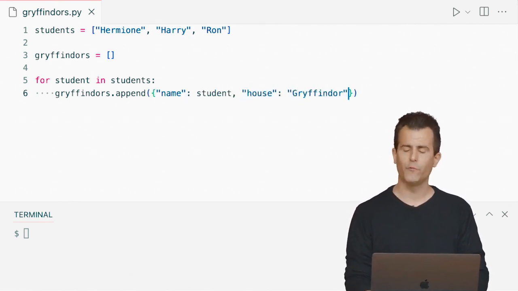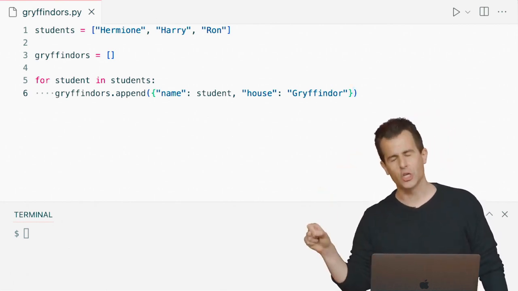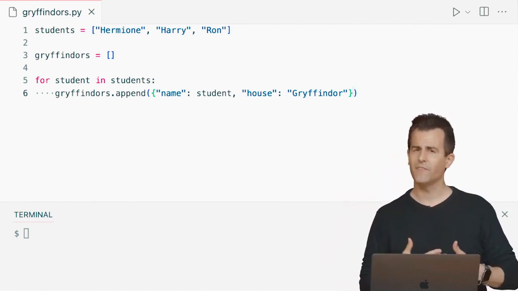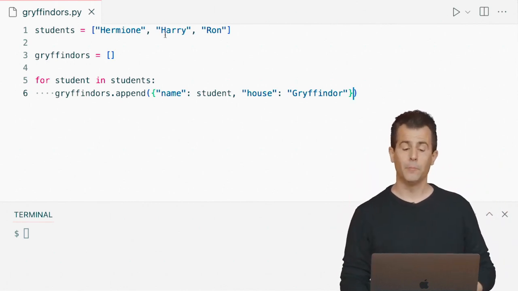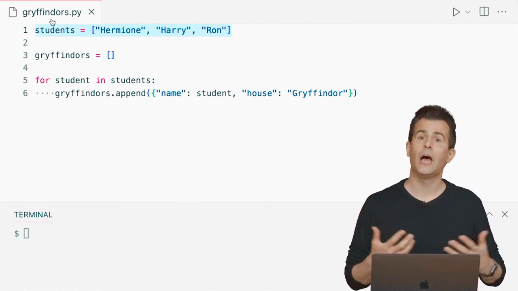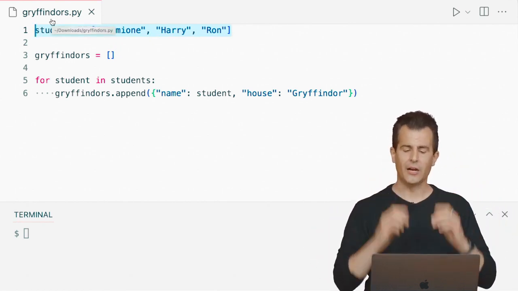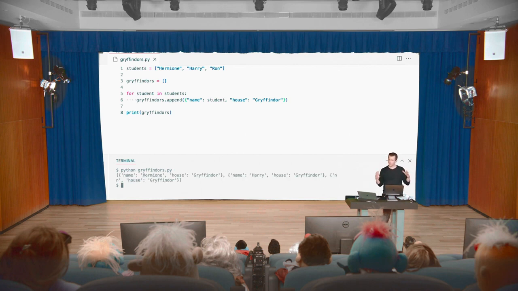I know these three students are in Gryffindor, so suppose that the problem at hand is that I want to build up a list of dictionaries that only contains the Gryffindor students. So it's sort of a step back from the previous version where I already had the names and the houses. For now, just assume that the problem is I have all of their names, but I don't yet have the student dictionaries themselves. So I'm rebuilding that same structure that I previously took for granted. Now let's go ahead and just for the sake of discussion, just print out these Gryffindors so we can see what we've built. If I run python of gryffindors.py in my prompt, I see a bit of a cryptic syntax,